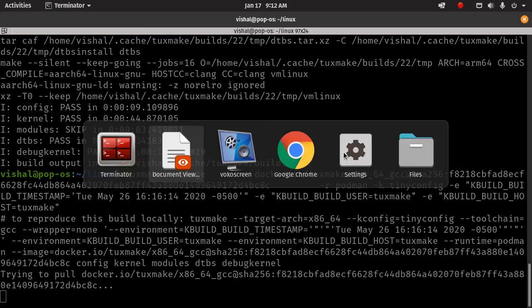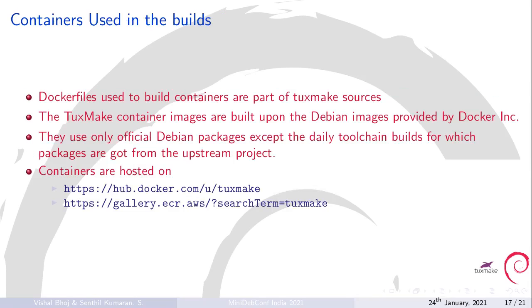While that is happening, I can tell you about the containers used in the builds. The containers that are used in these builds are basically generated using Docker files, and the same are hosted in the TuxMake sources itself. The TuxMake container images are built using the standard Debian images that are provided by Docker Inc. And these containers only use the official Debian packages,